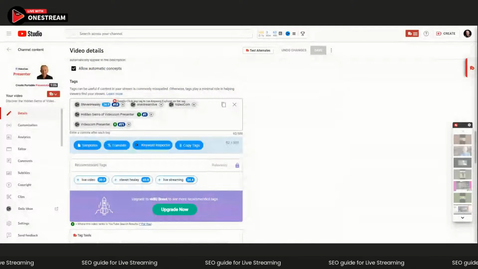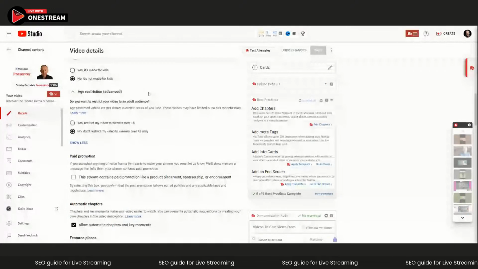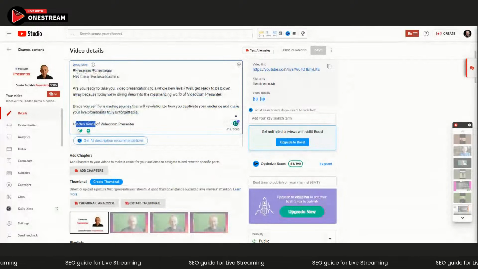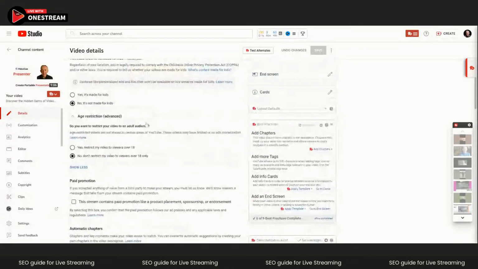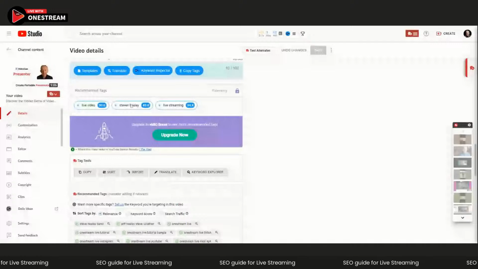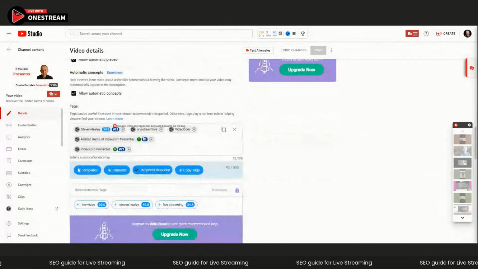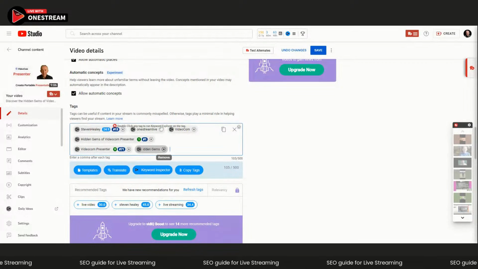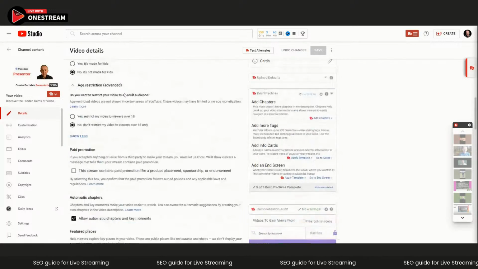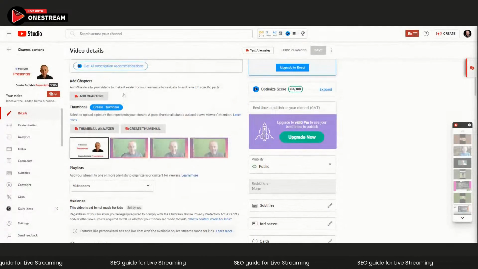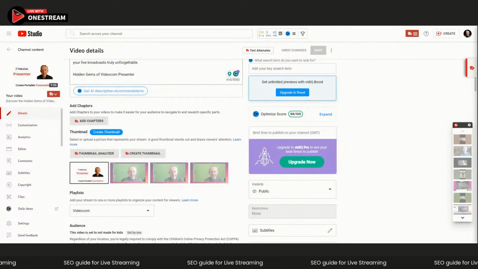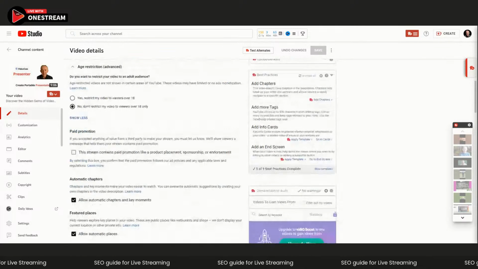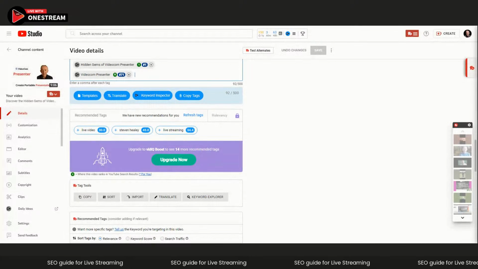Now, what you can do is go back to the text, and you can make keywords from the text. So I'm going to take hidden gems as text, okay, and I'm going to paste that. I need to change something, but if I go down here again and go to keywords, I'm going to put a new keyword in, hidden gems, and that's wrong. I need to paste it properly. When you're copying and pasting, do take your time, take great care, because Videocom Presenter is a gem of a program. Right, so I'm going to paste in there. So hidden gems I've got. Now